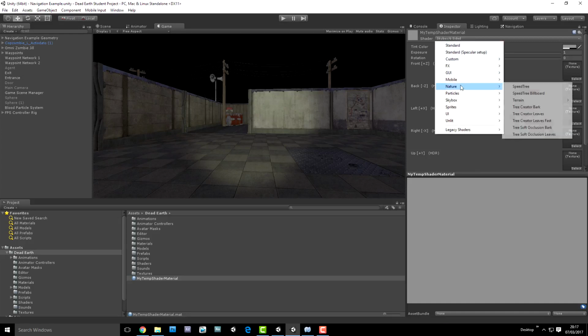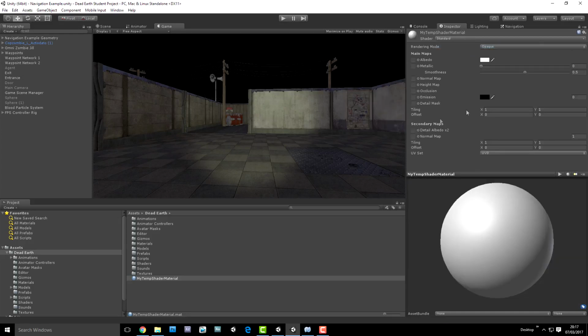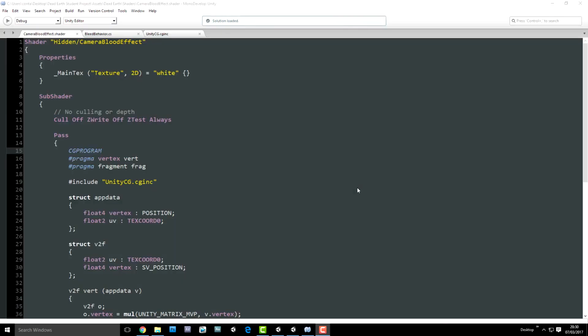So depending on the shader that we assign to a material, the inspector of that material needs to change to reflect all of the shader variables so that we can then assign resources in our project to those variables that will be passed into the shader. So to accomplish this, Unity Technologies created a declarative language, kind of like a shader presentation framework, which allows us to present the shader to the engine such that before the shader is invoked, we can configure all the various states of the engine, and also a way for us to present to the editor how a material using the shader should have its inspector configured